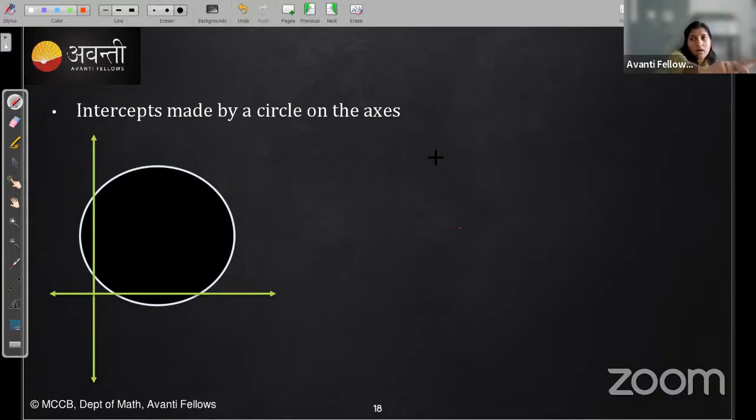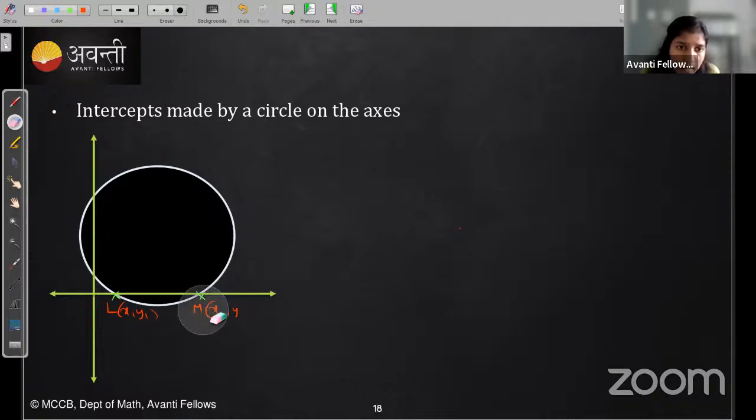If it cuts the y-axis, we call it the y-intercept value. For that, we will consider these points. I'll just name them: this is L and M. L is x1, comma y1, M is x2, comma,